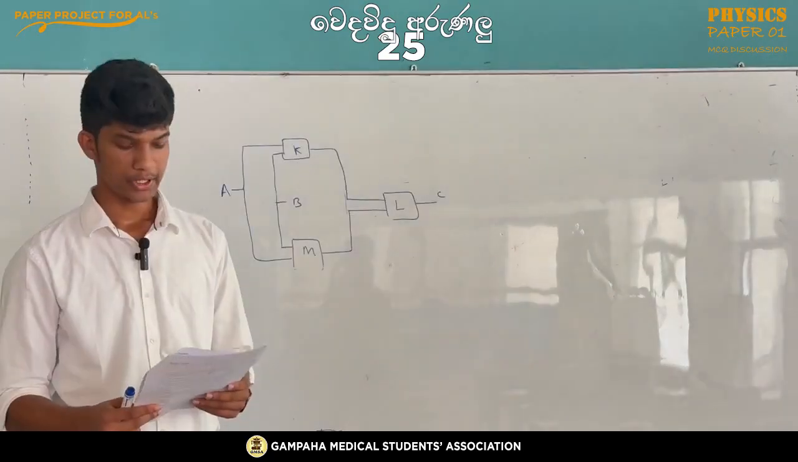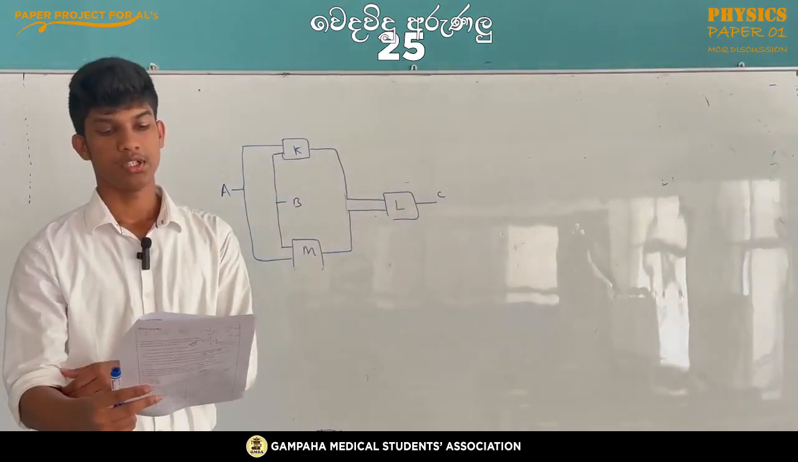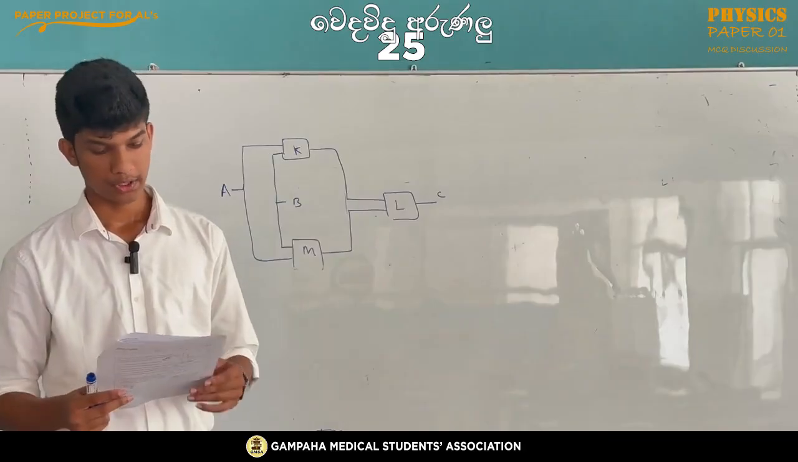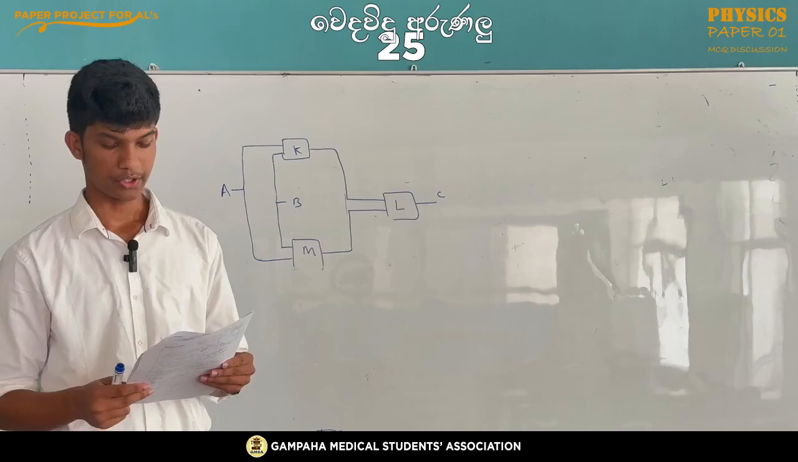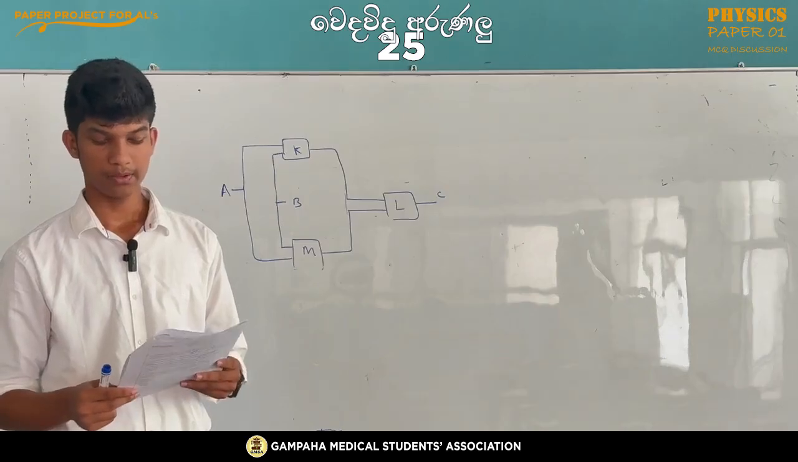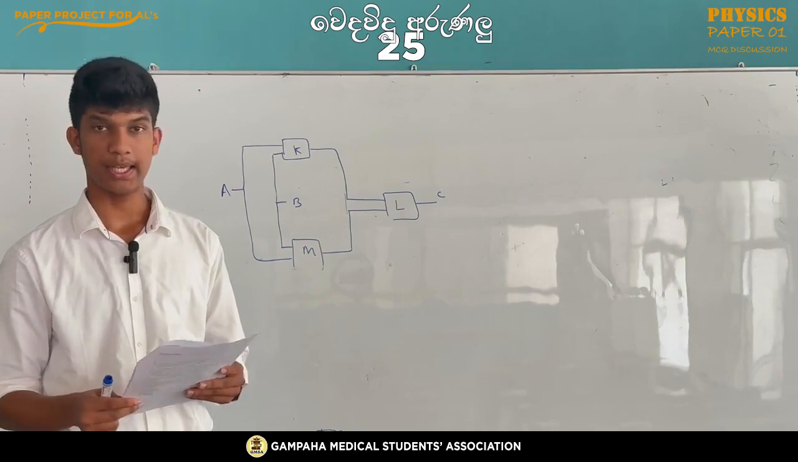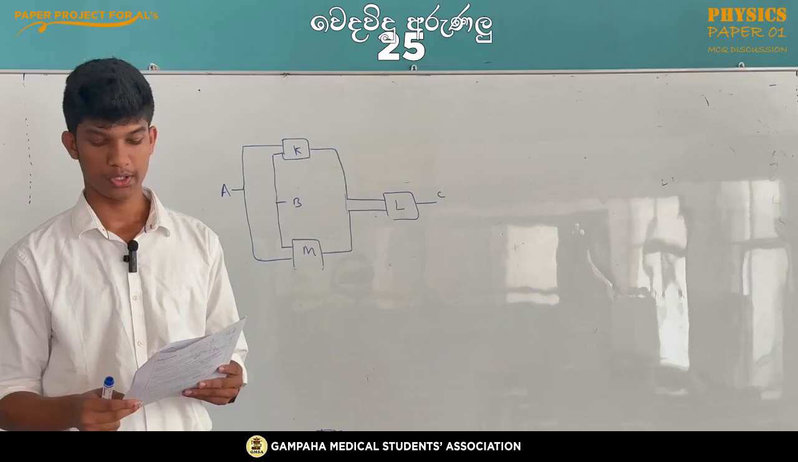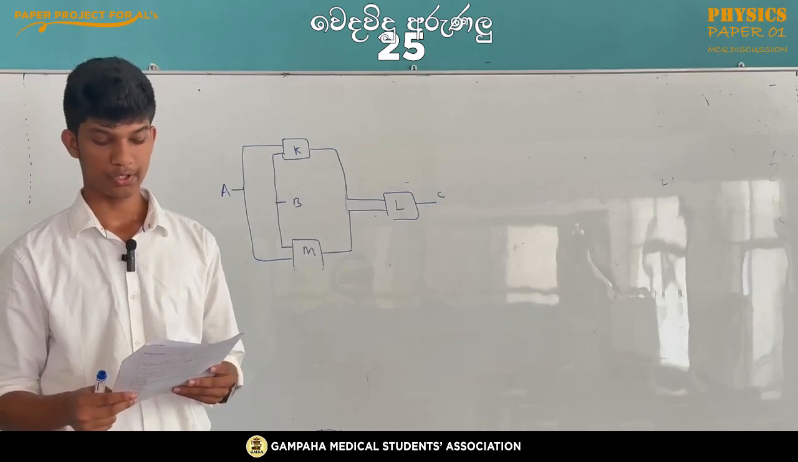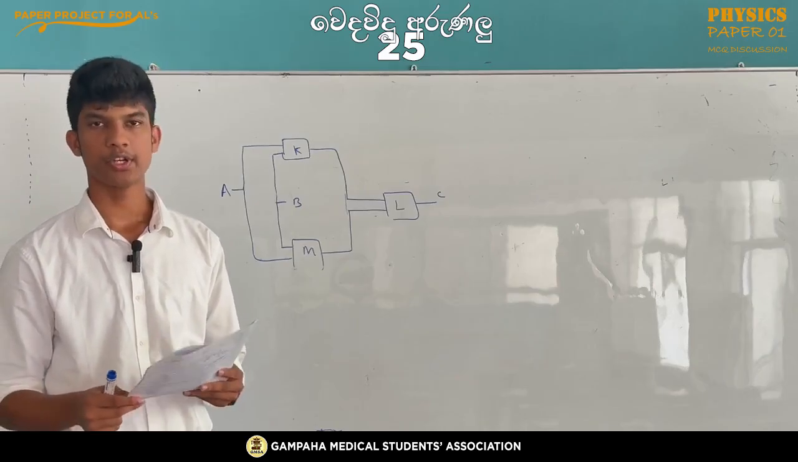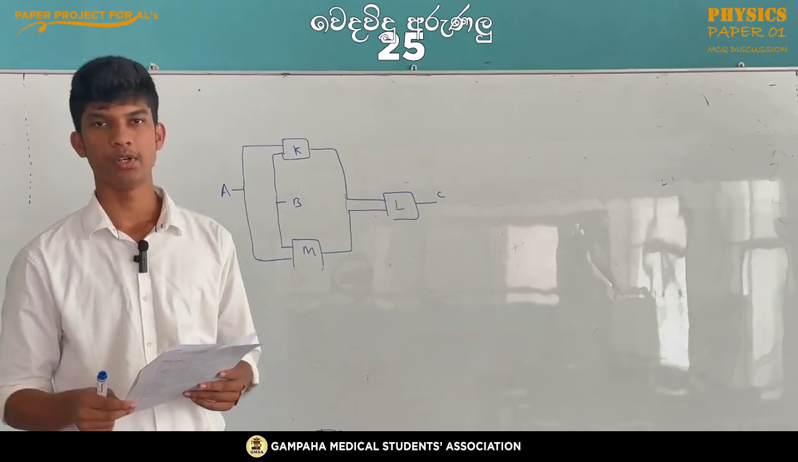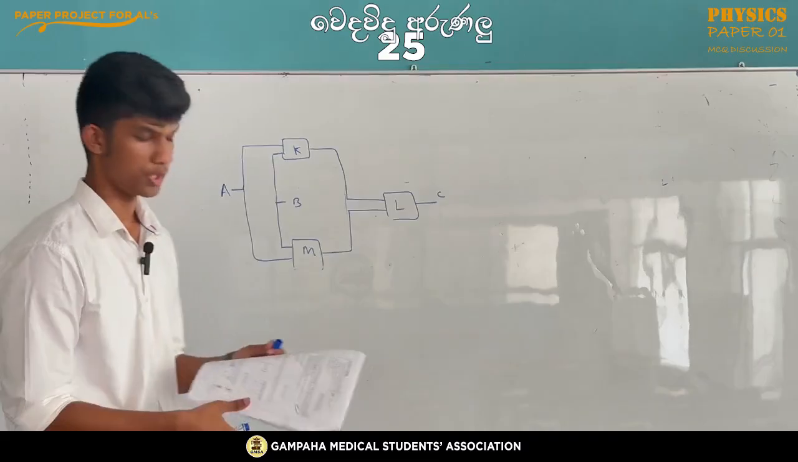In the sixth question, they have given you a logic gate network, and the question is, in the logic gate network shown in the diagram, A and B are input while C is the output. Which logic gates should be present at K, L, M in order to get the outputs at C as shown in the table? So in this question, you have to realize that they have mixed up the order,